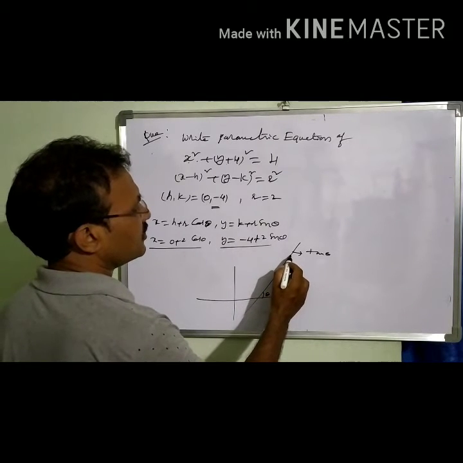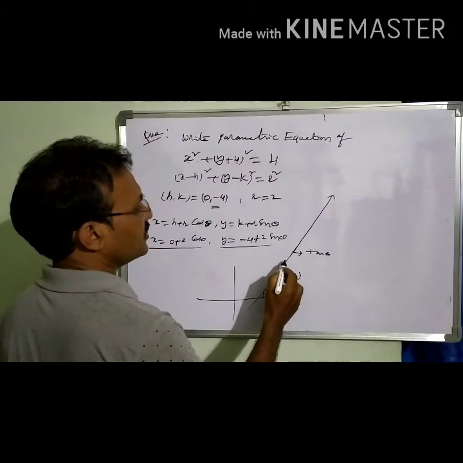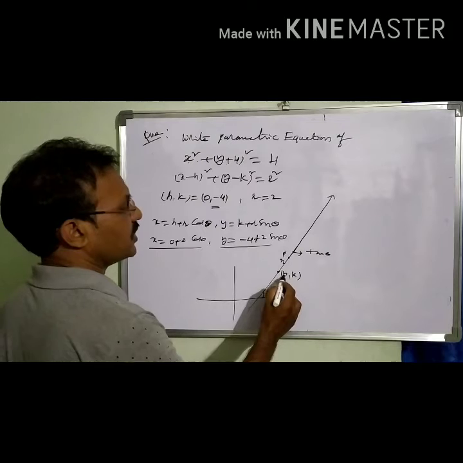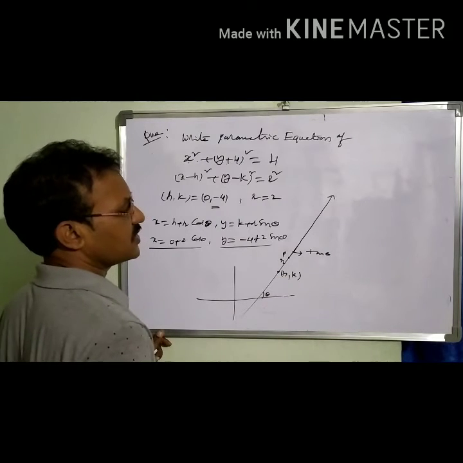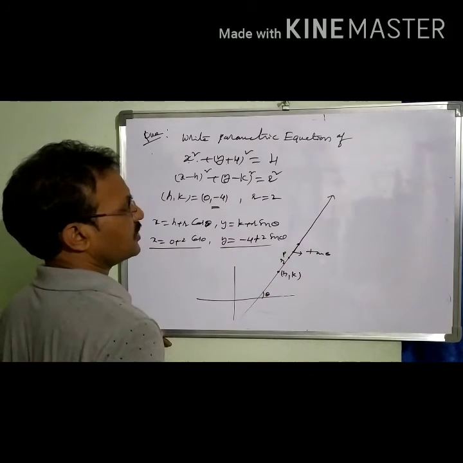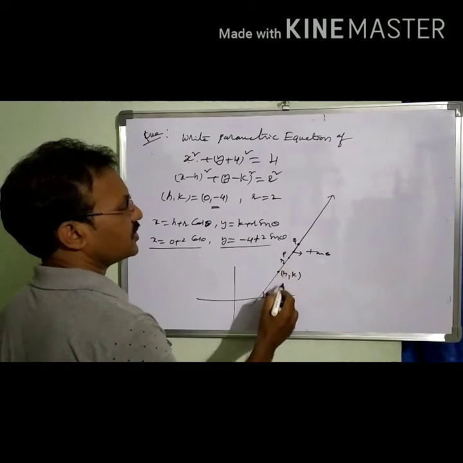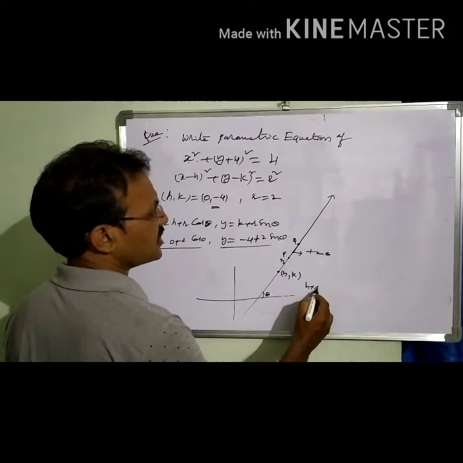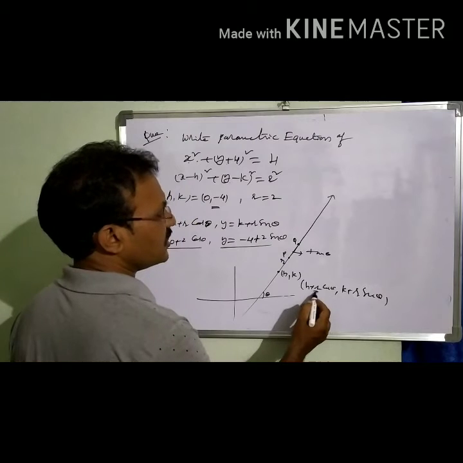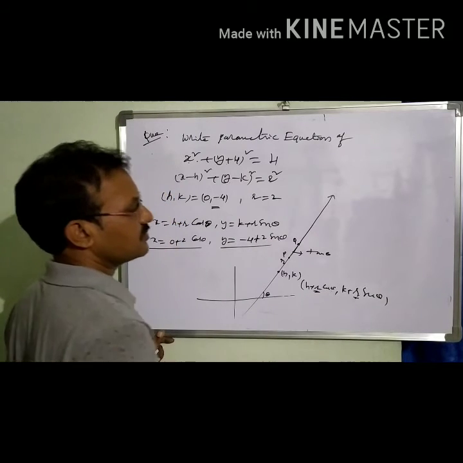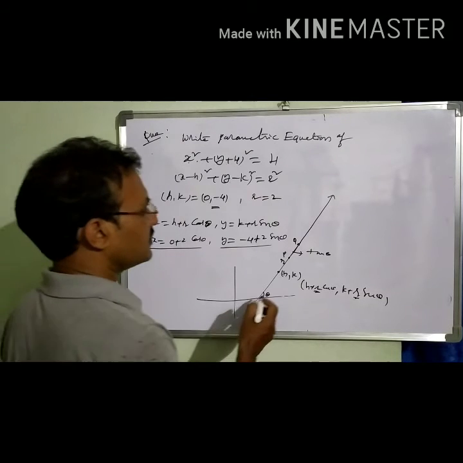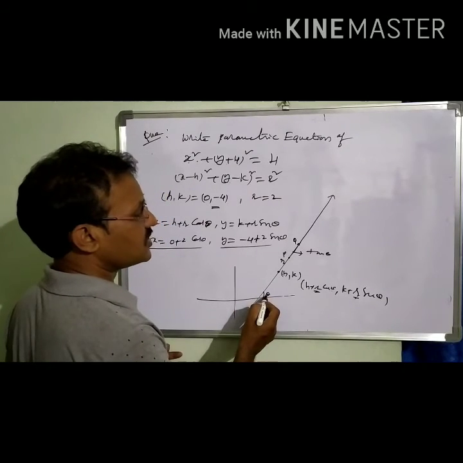Suppose you want to find any point on this line within r distance. If you want to find some point P, we can write h plus r cos theta, k plus r sin theta. Theta is fixed here. Suppose you want to find some other point at some r2 distance, the point Q can be found using the formula h plus r cos theta, comma k plus r sin theta. So here r is the parameter and theta is fixed, so that you get all the points on the straight line. Whereas in a circle, theta is changing and r is fixed.